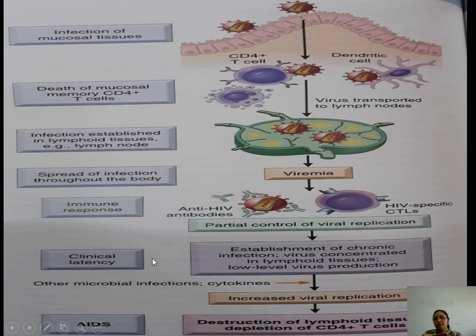As soon as the patient's immunity goes down and there is an attack of other microbial infection, that is known as opportunistic infection, they will cause release of cytokines that will upregulate the cell, and there is activation of the cell. As there is activation of the cell, there is also activation of the virions which are integrated in the host cell genome. So there is increased viral replication, and that will cause destruction of the lymphoid tissue, depletion of CD4 cells, and there is full-blown disease of AIDS, acquired immunodeficiency syndrome.